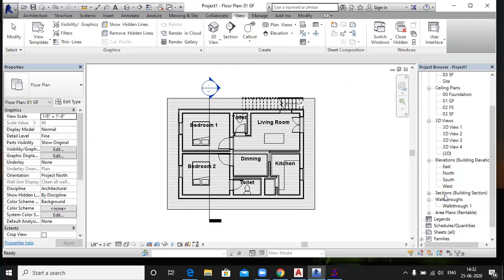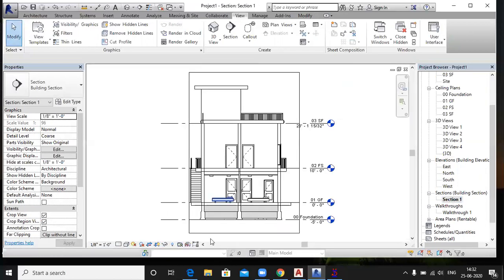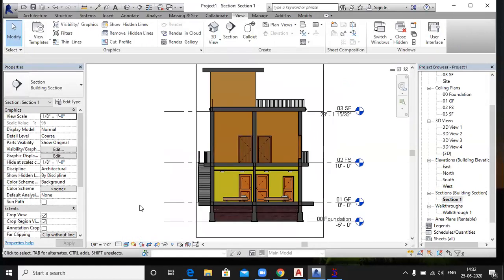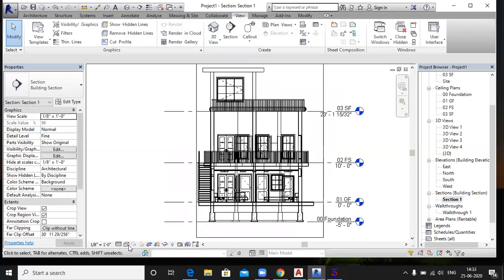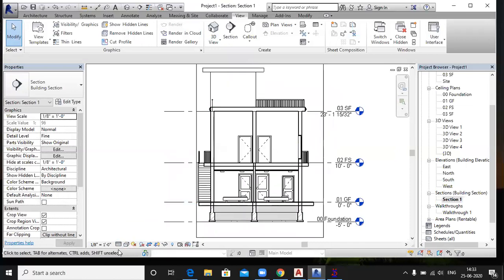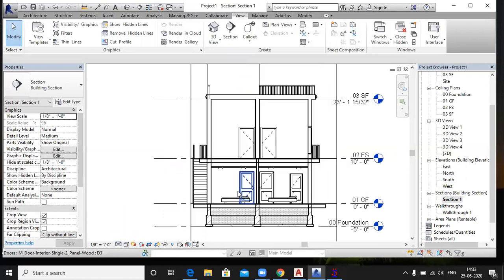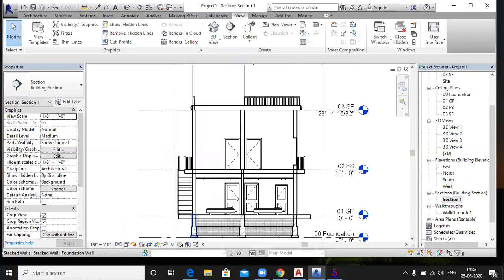This is your section. You just click on this. This is the section of your building, like this. This is your section with the hatching also.